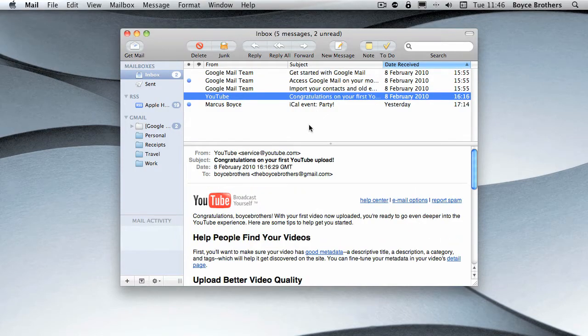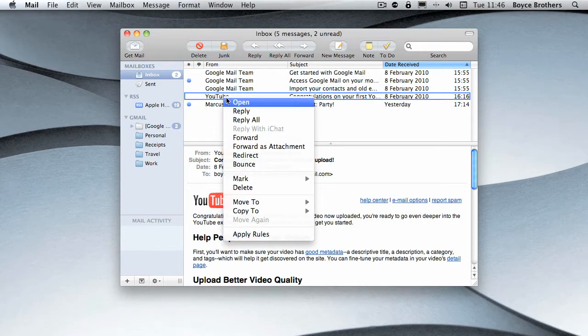Junk mail is a way of marking, or Apple's Mail automatically marking, emails that are spam or junk that you don't want to receive. At the moment I don't have any junk mail, or any mail that Apple's Mail thinks is junk mail. So I'm going to show you how to mark an email as junk. Here's this email from YouTube. If we right click, mark as junk mail,